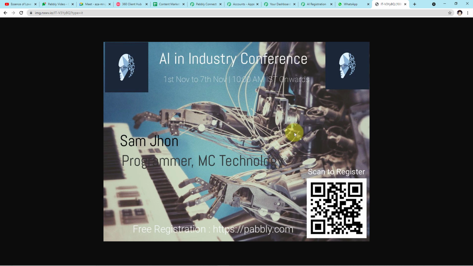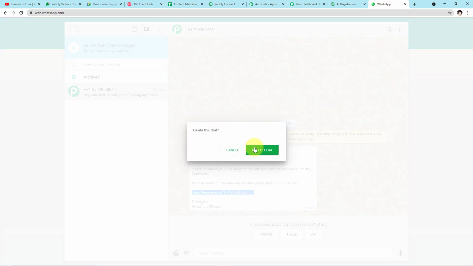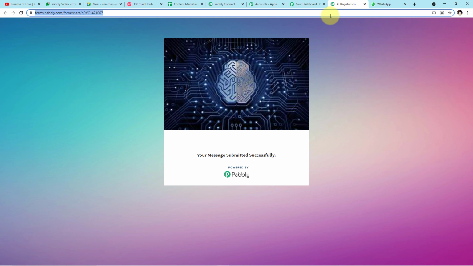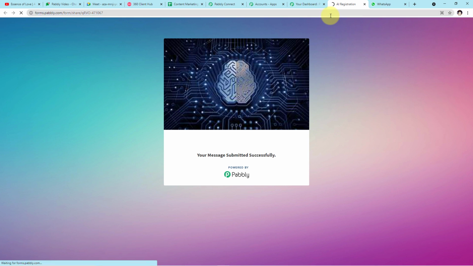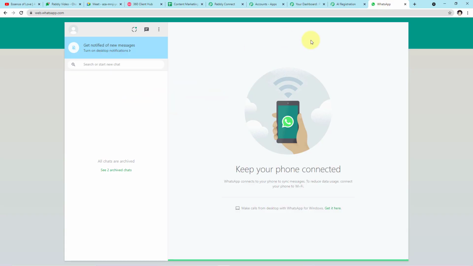Now let me show you a real-time example. Okay, now we'll fill up the form once again on behalf of our participant, and let's see if in real time the participant gets the message or not. Guys, one more thing, I cannot use a different WhatsApp web page for the same workflow. It is very difficult. So what I can do, I can delete this message in front of you. Okay, and now we will refill the form. So this is our form. We will fill the form on behalf of our participant, and we will see if in real time the message will appear here or not.